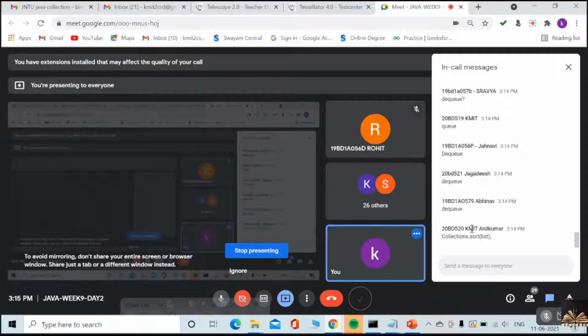No reply. I already told you, no. In the command prompt itself, I said javap java.lang.String. It implements the comparable interface by default. By default, string objects and wrapper class objects implement the comparable interface. So if I pass the single list parameter, they will sort automatically. But what about user-defined objects?